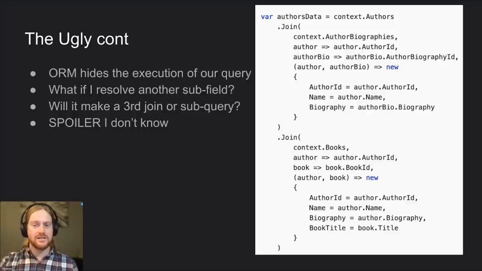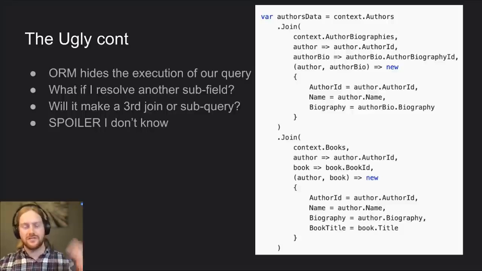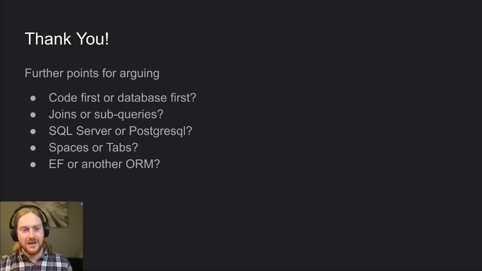For me to write out a database inner join and do all of that is fine. It would look very similar to this, but now I don't have the ability to say, oh, I want to include their awards or their favorites or their prices, right? Because right here, I don't have a price for any of these books. I just have book titles. I don't have a year it was written. I don't have any other metadata. And so it makes it easy to expand your queries in Entity Framework, but it does make it a little scarier, because you can do a .Include or a dot property name, and all of a sudden your query execution goes to poop. So you don't want that. So, but thank you guys for